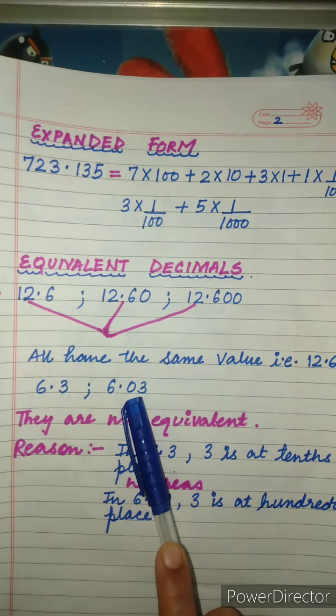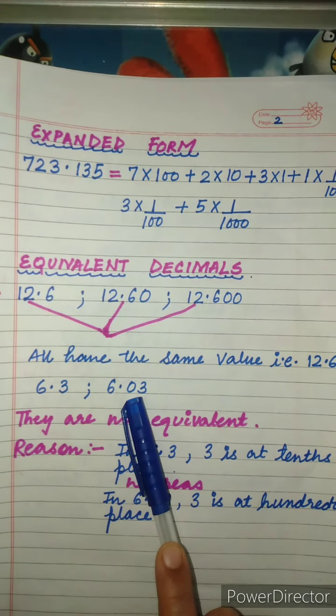Now let's take this example 35.4 and 32.61. Clearly we can see that these two numbers are unlike decimals, that is, they are not like decimals. But we can convert these unlike decimals into like decimals. How? Can I write 35.4 as 35.40? Yes, we can. And here 32.61. Now we have 2 places here, and here also we have 2 decimal places, so they have now become like decimals. Unlike I have already explained.